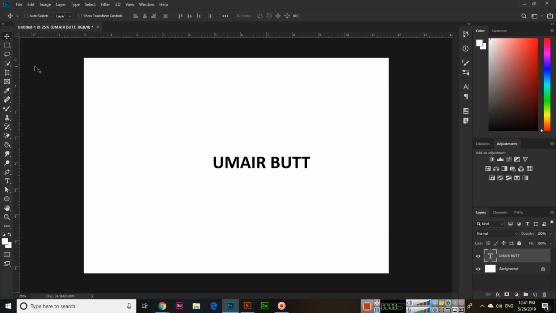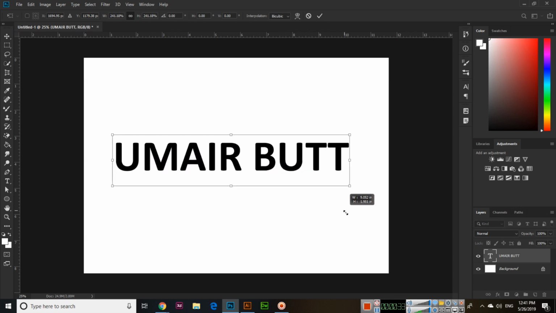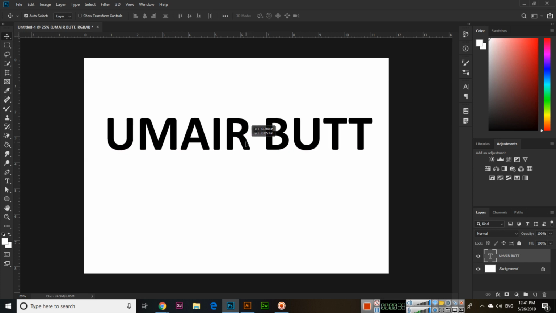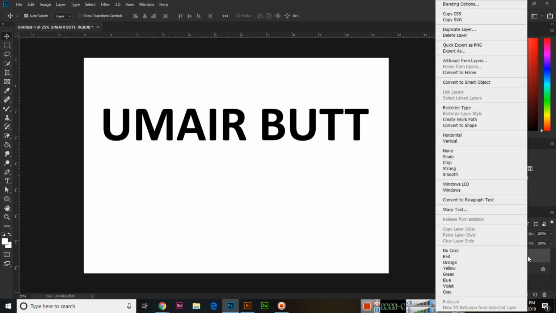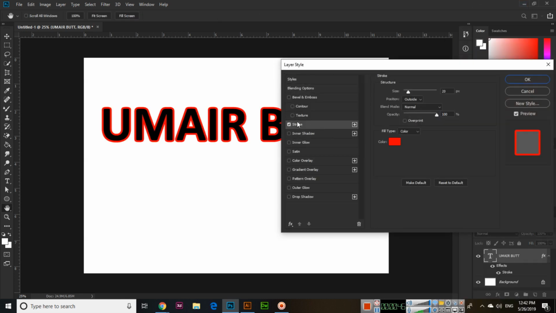Press Ctrl plus T, transform control will appear. Then press and hold the Alt key and resize the text if you want in CC 2019. Now right click on the layer and select blending options. In blending options we have stroke, so double click here, and you can see from here we can change the outline size. I will apply 15 and the color is red,